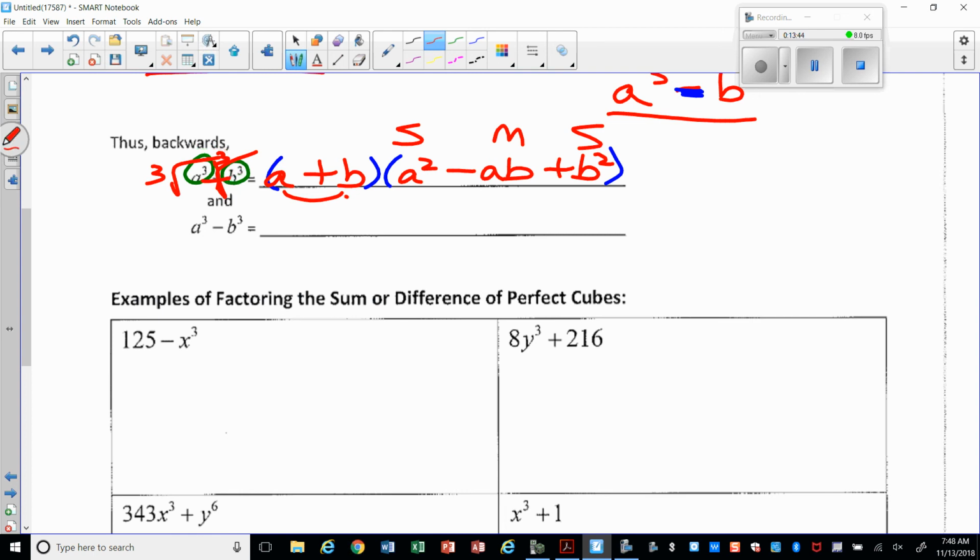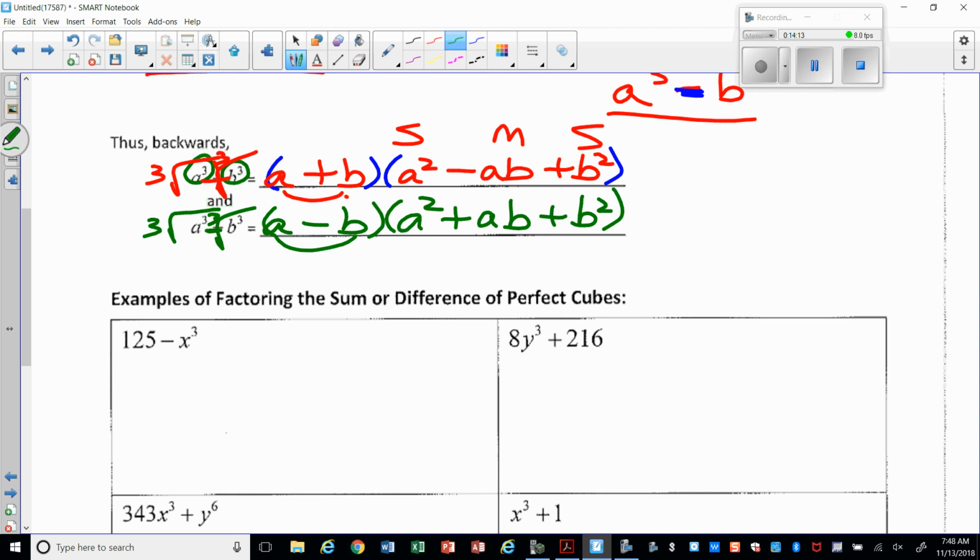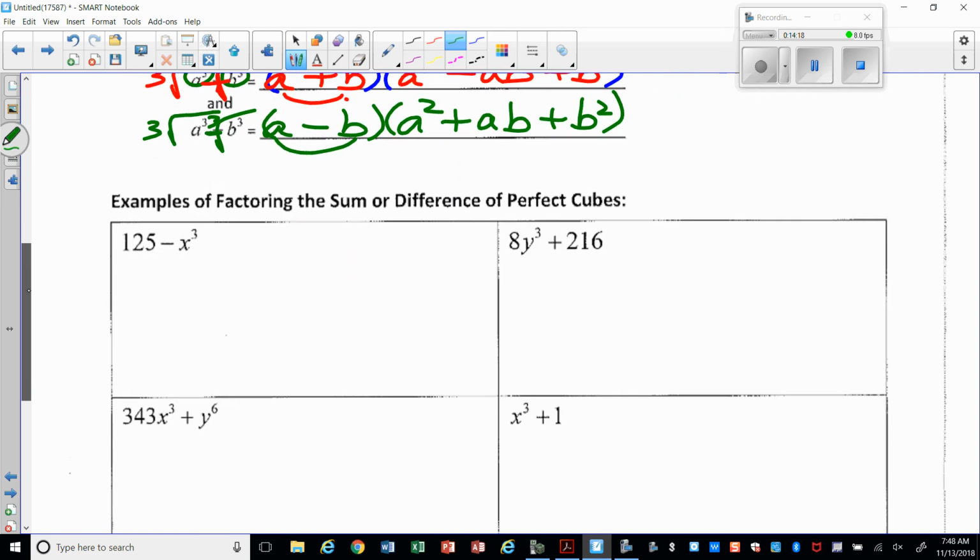All right, and then this would follow the same pattern. You get a binomial times a trinomial. This is a negative, so it's same, opposite, always positive. And then you cubed root this, so that would be A, cubed root that, so that's B. And then you're going to square the first term, multiply the terms together, and then square the third term. Okay, and some formulas are sometimes confusing. So let's look at some